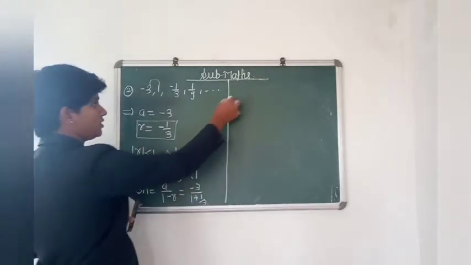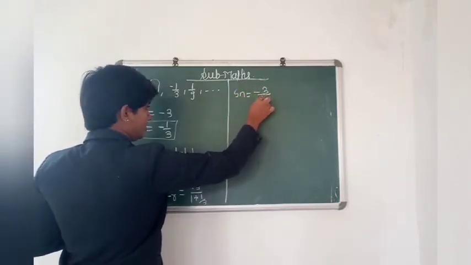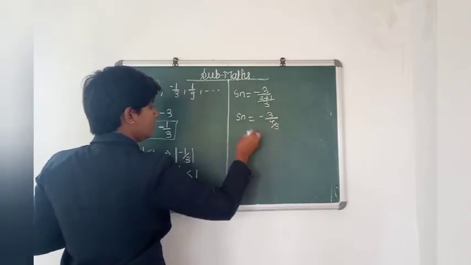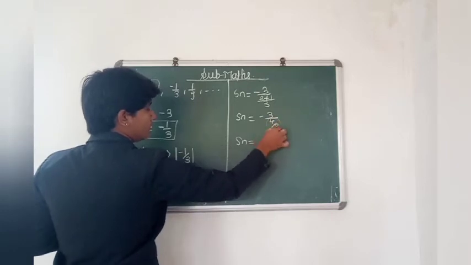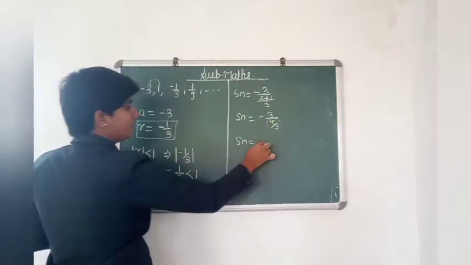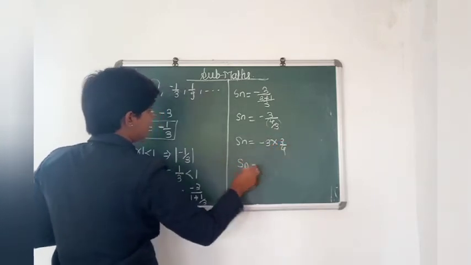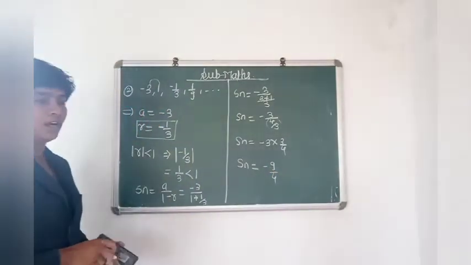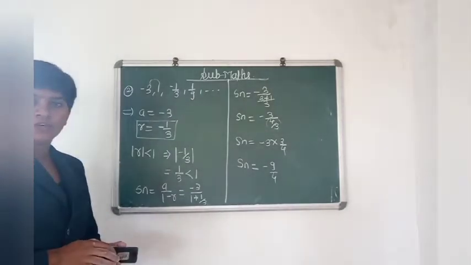After solving this we get S infinity is equal to minus 3 upon 3 into 1 is 3, plus 1, upon 3. So S infinity is equal to minus 3 upon 4 by 3. That means this whole term goes to the numerator to get multiplied, that is minus 3 multiplied by 3 by 4, to get the sum of this given sequence as minus 9 by 4. I hope all of you understand how to find the sum of the given infinite terms of the geometric progression.